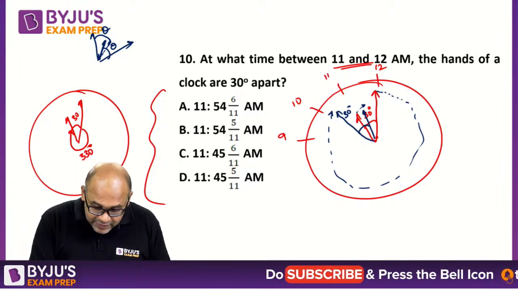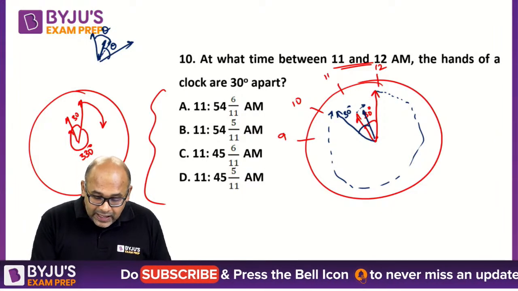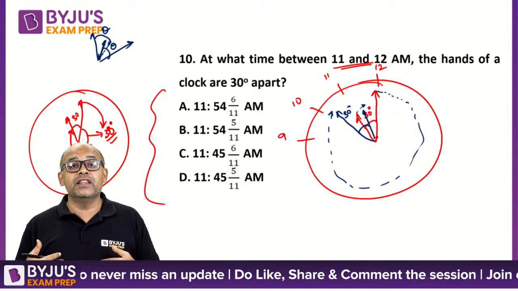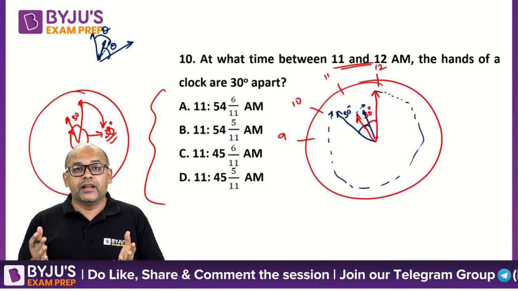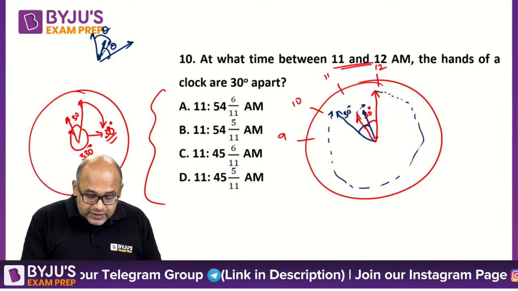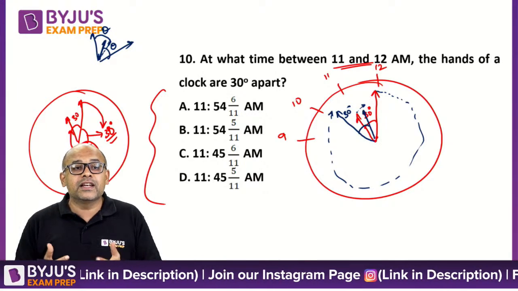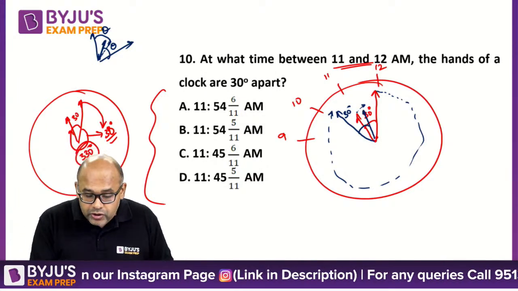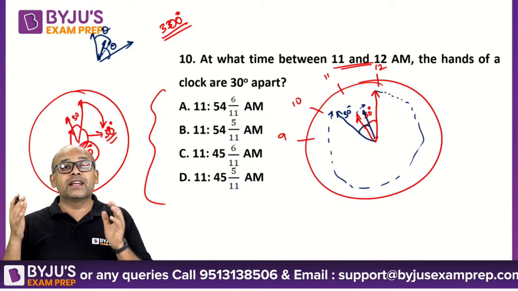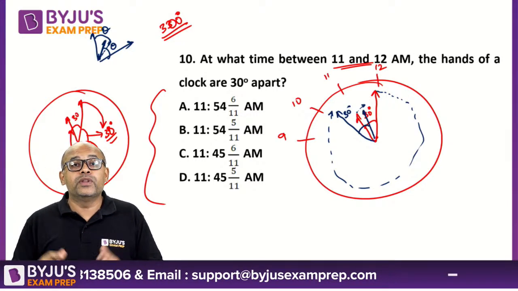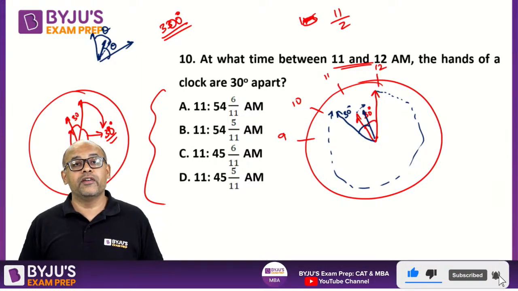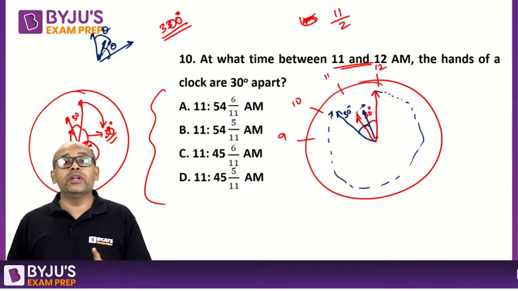Now what is happening? This big angle is getting decreased, and ultimately this big angle is becoming 30 degrees. So how much has decreased in that big angle? Because that's what is happening. Your minutes hand is running fast, your hours hand is running slow, so this 330 gets decreased and comes to 30 degrees. So it has lost totally 300 degrees. The distance covered is 300 degrees. Now the relative speed is, not 11.5, 5.5, so 11 by 2 degrees in 1 minute.